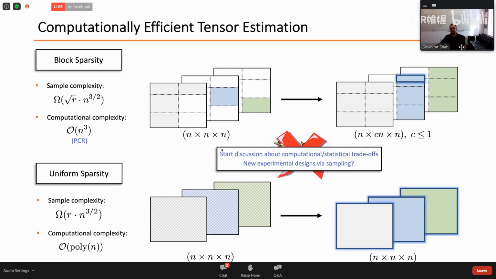And more importantly, in my mind, it also gives us a lever to start thinking about individual treatment effect that has been largely missing in causal inference literature, but we could potentially start going towards that. Okay, so if there is one thing that you remember from this talk, if nothing else, it is that tensor estimation is one lens of causal inference. So maybe solve different types of tensor estimation questions.